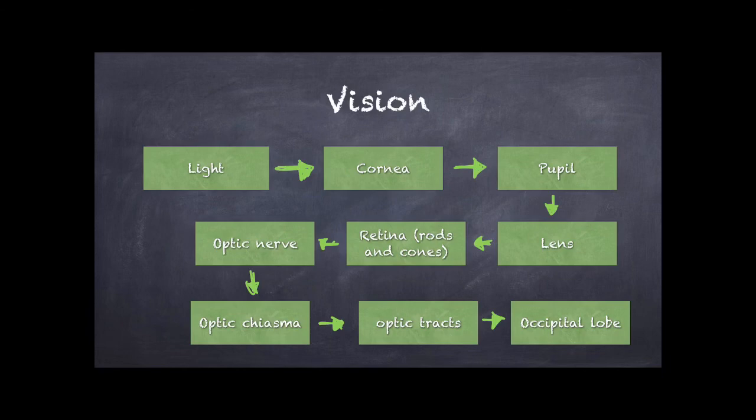Then the image information that is now formed on the retina is going to be sent through the optic nerve. And then the optic nerve is going to go into the optic chiasma. The optic chiasma is simply where the optic nerves cross. Once they go through the optic chiasma, they're going to go through optic tracts, which are pretty much all of the nerves that are exiting the optic chiasma,